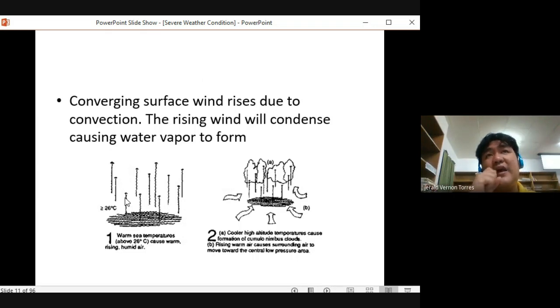Ang kailangan kasi mangyari, class, kailangan ma-lift yung warm water pataas, so maka-form tayo ng condensation. Mangyari kasi if we are not able to lift the water vapor pataas, tingnan nyo dito, dahil warm nga yung water dito at this point,